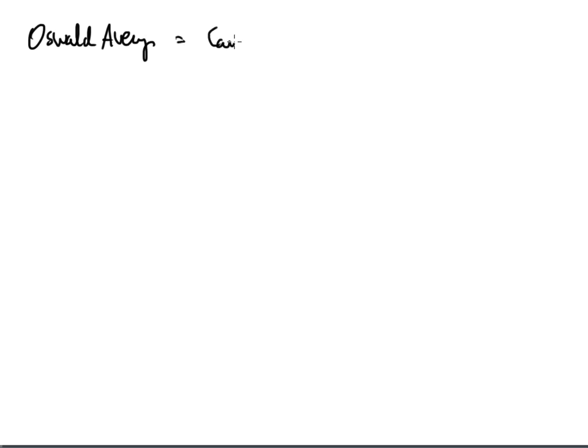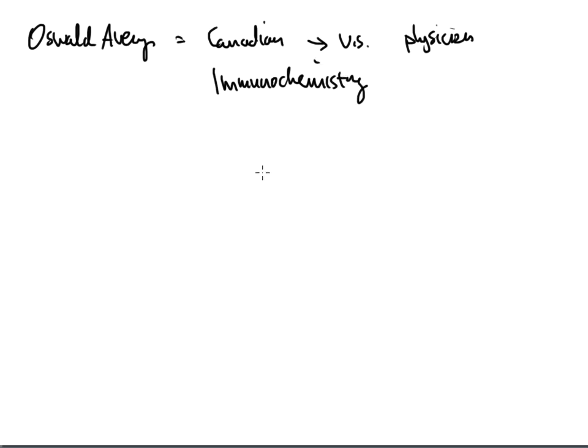Oswald Avery was Canadian, but he moved to the United States. He became an American physician, and again we are seeing another physician. We're not really seeing a chemist. And he was a very main, large personality when it came to immunochemistry. That's right. This is a branch of chemistry that deals with your immune system. And in 1944,